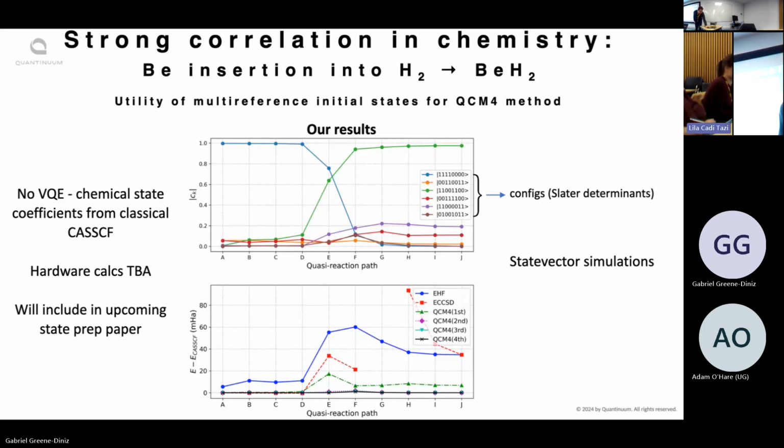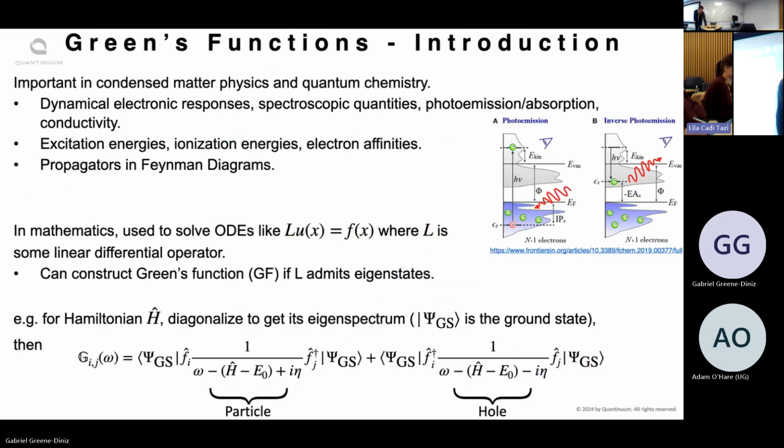So going on to another application of the quantum subspace stuff, moving into a different area now, Green's functions. These are important for dynamical electronic responses. You can get things like photoemission, photoabsorption, and conductivity from them. And mathematically, they're used to solve ordinary differential equations, where if you had this linear operator that had eigenstates and you knew what they were,